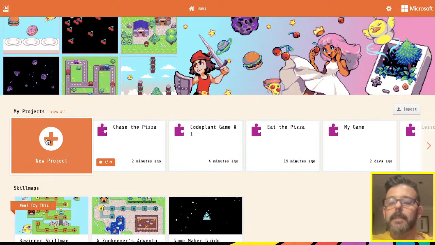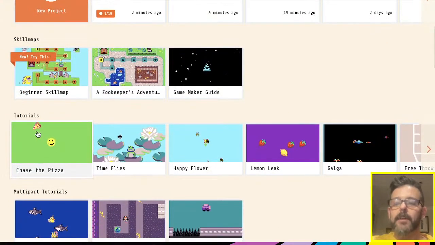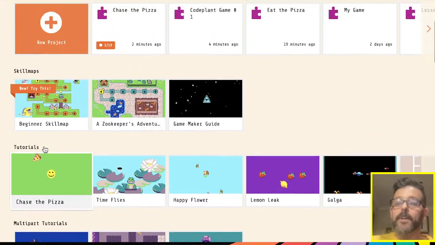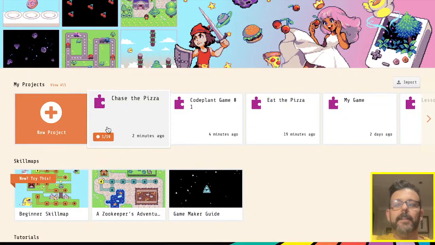So do you have a button here, Graham, that says new project? That's the one you want. You can start from scratch there, or if you want to scroll down to the tutorials, that should let you do step by step, but until you get to the end, you have to follow their steps. Once you follow their steps, at the end, you can customize it, but if you want to start from scratch, you can start here with new project. Sometimes that's also just as fun, is starting to see on your own how it's working, and then maybe I'll also share the link to,